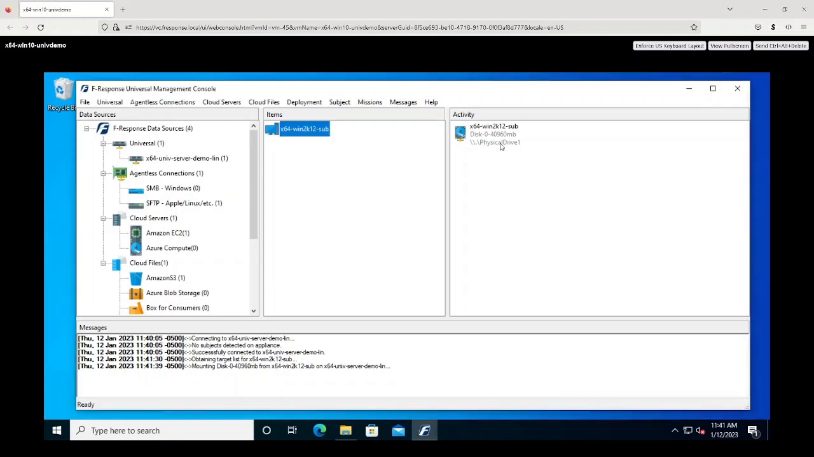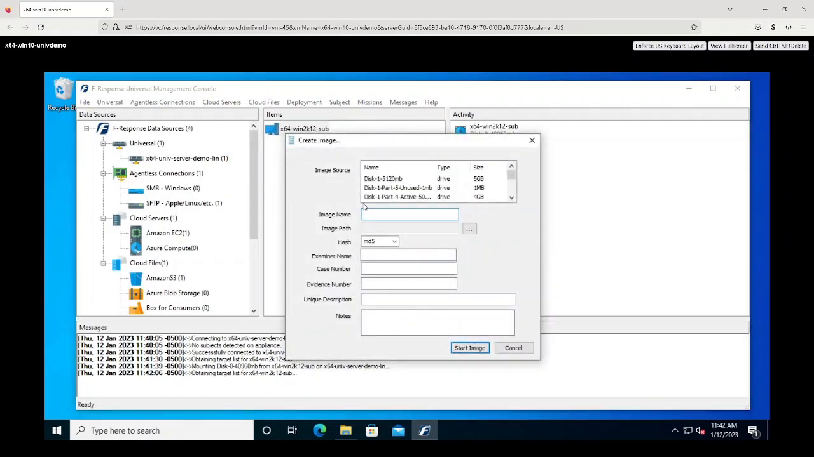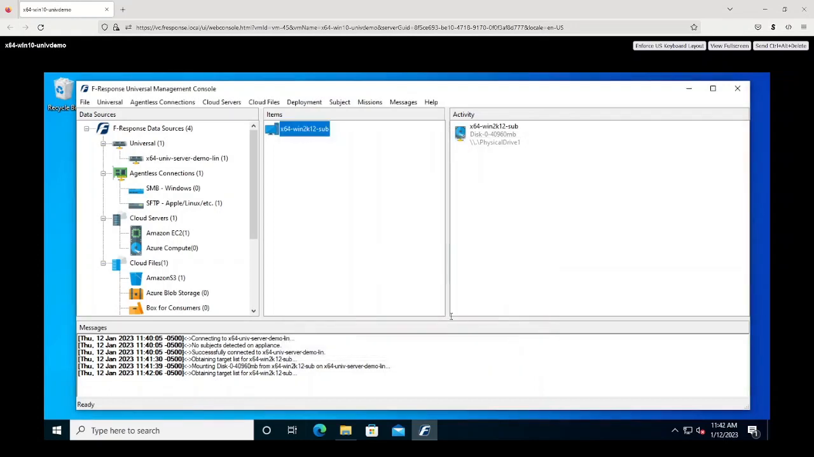At this point, any forensic tool you'd like to use in tandem with fresponse can be pointed at physical drive 1, and you can perform analysis, image operations, etc. fresponse does include its own imager. It will create images in what's called expert witness format, or E01. Simply select the device and fill out the information, which will save the image to a destination of your choosing